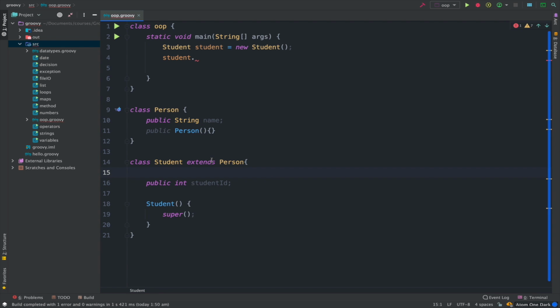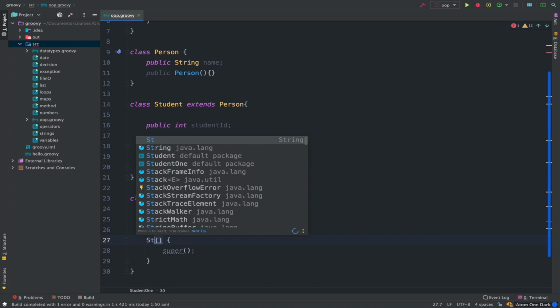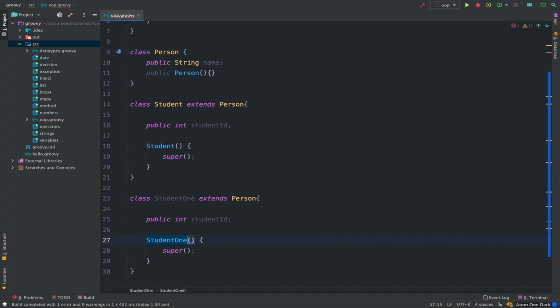But what we're doing here is we are extending this with a person. When we extend this with a person, we get all the properties from a person class, which means if we have another class, like for example, I'm just going to copy this bit and I'm going to create a new class and I'm going to name it student1. And then for the constructor, we got student1.